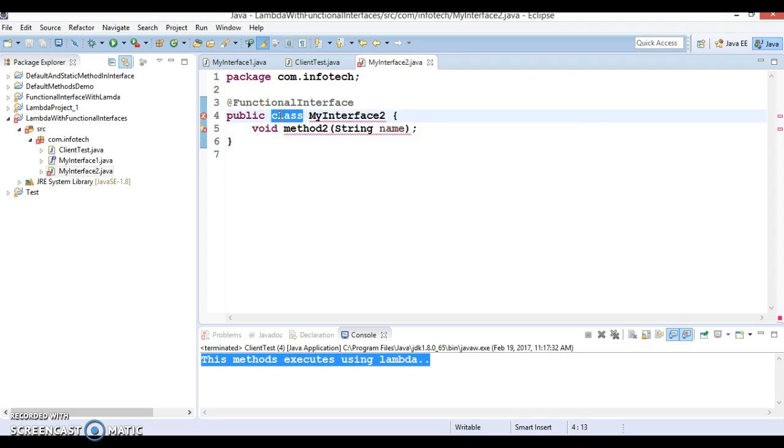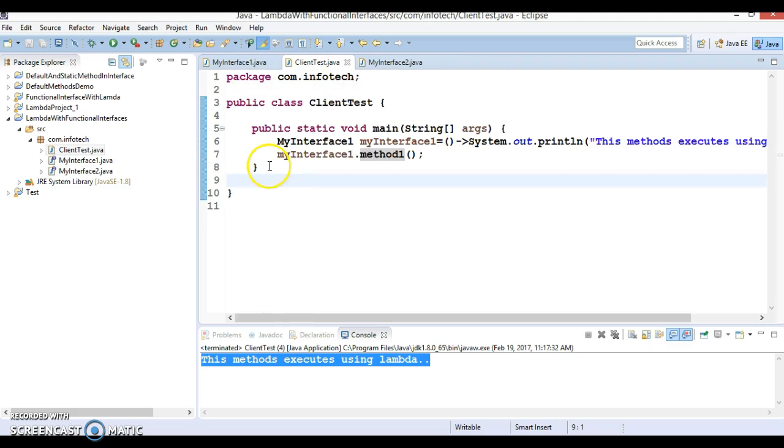Sorry, this should be an interface, not a class. So the second functional interface we have defined is called MyInterface2.